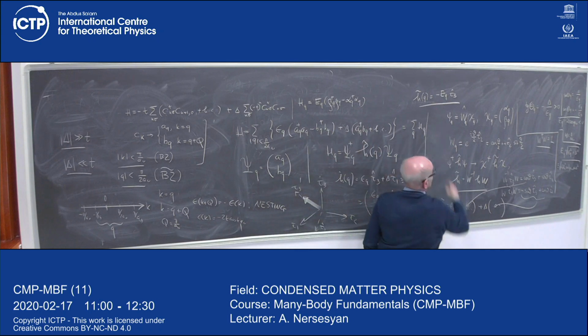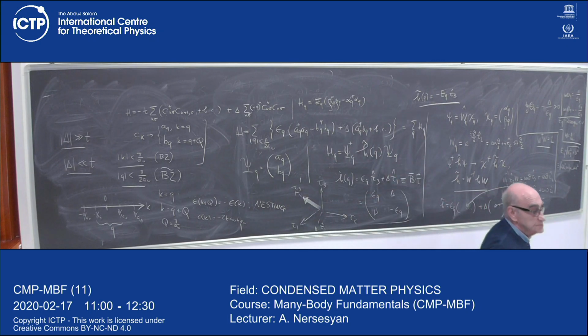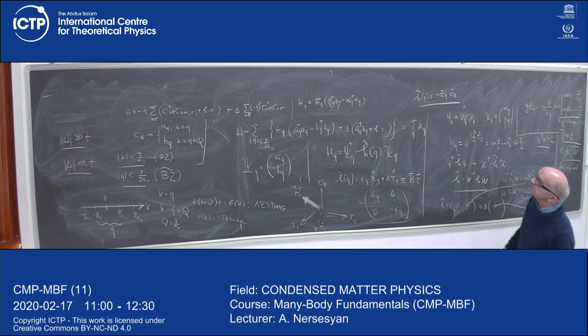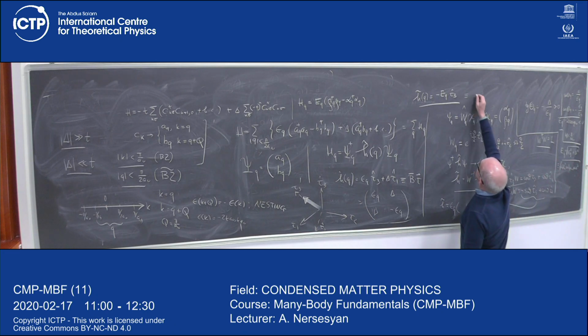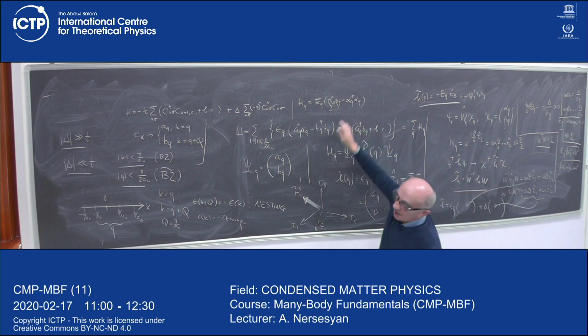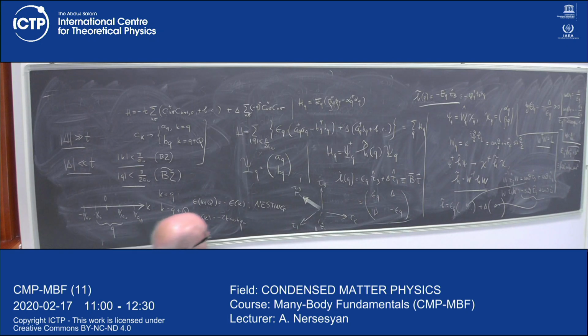Because of this minus sign. So your Hamiltonian is the same as chi of q dagger e of q minus tau 3 chi of q. If I write this down in components, I will find out precisely what is written here. So this is fine,